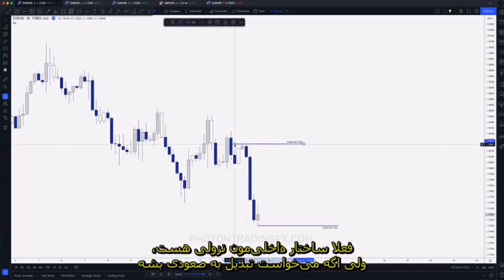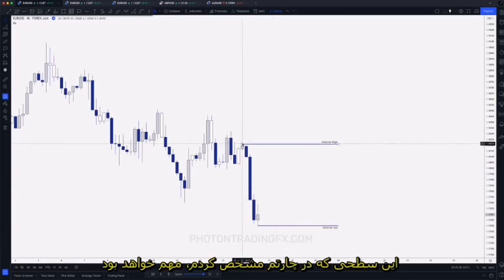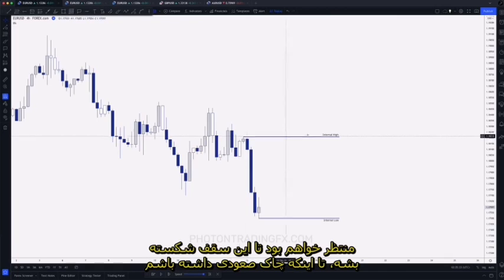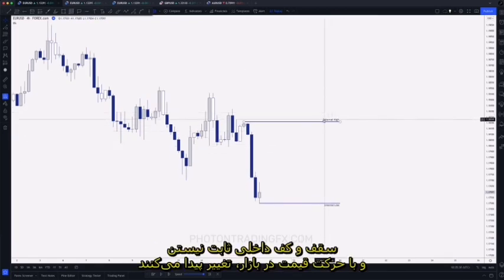Okay, so at this point, if the internal structure is obviously bearish, and it was to switch bullish, this would be the level that I would have marked out on my charts. I would be waiting for this high to go, for there to be a bullish change of character. Okay, so I'm not mapping out the internal high and internal low like this